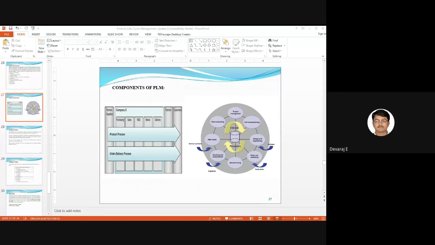You can see the process, sir, of PLM. I can read it, sir. After sales is written, subcontracting, project management, part manufacturing, engineering, sales and marketing, manufacturing, sourcing and procurement. So I think this involves from manufacturing to sales and after sales process also, like providing service to the customers.